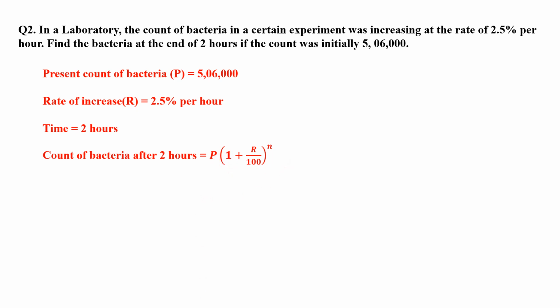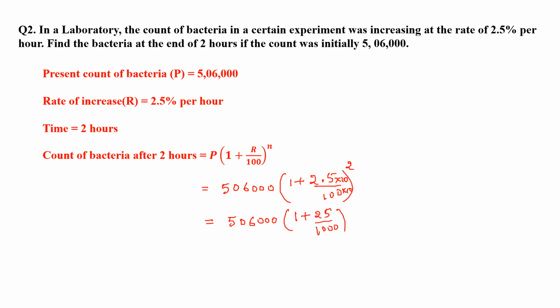Now I'm going to substitute all the values. So here my present count is 5,06,000, then 1 plus 2.5 by 100 whole square. Now here I'm going to multiply by 10 such that I can remove my decimal point. So it will become 5,06,000 times (1 plus 25 by 1000) whole square, and 25 times 1, 25 times 40. So it will become 5,06,000